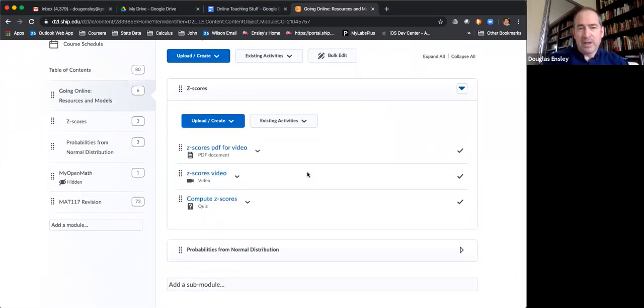The idea is to have a PDF file that the student can see and reference. And if they have the capability of printing, they could print it out and take notes on it, but it's not necessary, but they have that for reference. Then there's a video